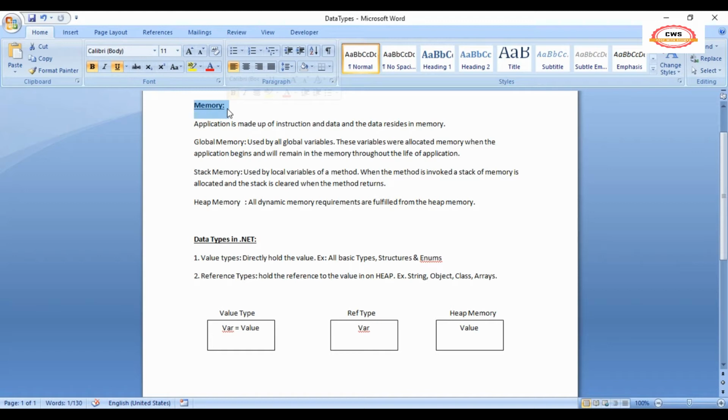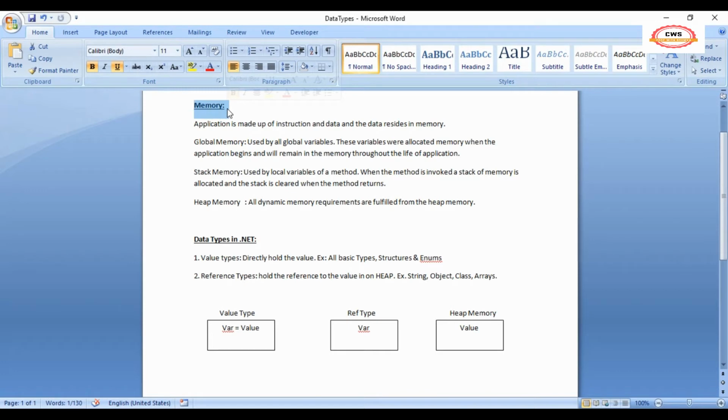The second is the stack memory. Stack memory is basically used by the local variables of a method. When inside a method we initialize a local variable, say int a, int b, anything, that resides in the stack memory.